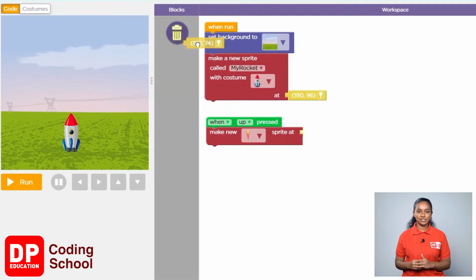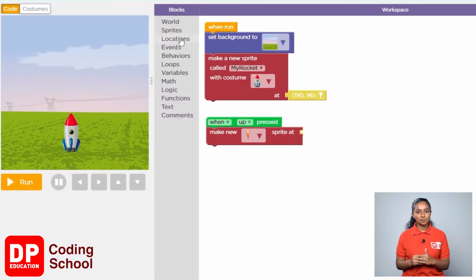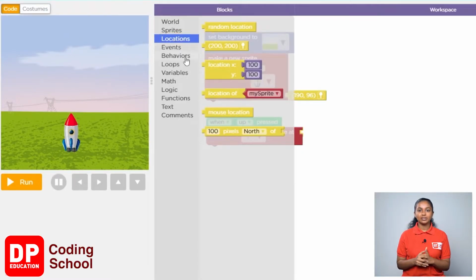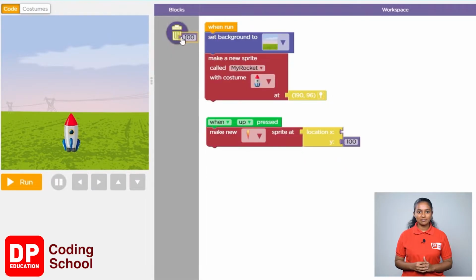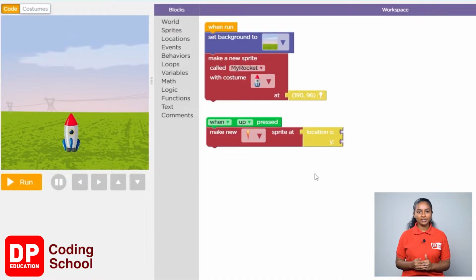Now the X position of the rocket and the X position of the fire must be aligned. However, since the fire sprite should be below the rocket, the Y position of the fire should be below the Y position of the rocket. I will click on Location. Now the location XY block is dragged like this. Now delete these blocks. Let's create the command to give the same X position of the rocket to the fire